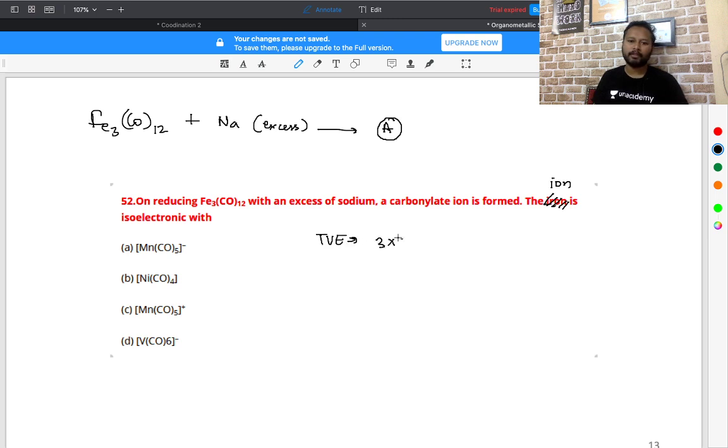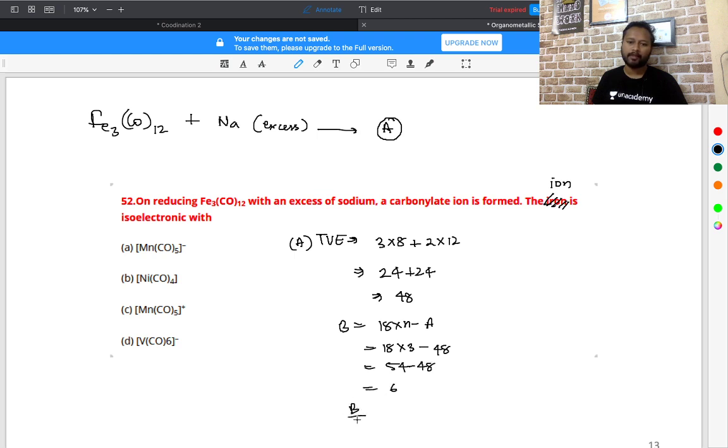So you will be having 3 into 8, that will come from this iron atom, and plus 2 into 12, that will come from these carbonyl ligands. So when you solve this, 24 plus 24, you will get 48, and this is nothing but A. Okay, so B we have to calculate, that is 18 into n minus A, and that will be 18 into 3 minus 48, so that will be 54 minus 48, that is going to give you 6, and B by 2 gives you metal-metal bonds, so 6 by 2 gives you 3, so I got 3 metal-metal bonds over here